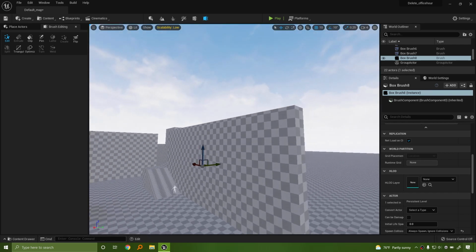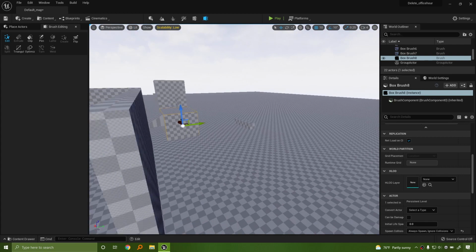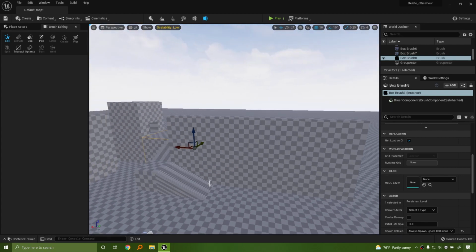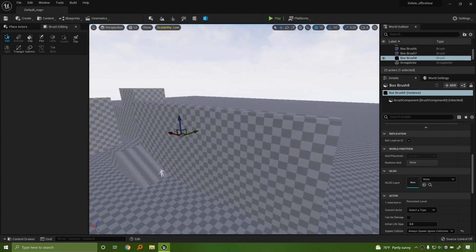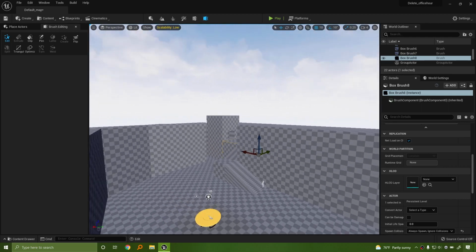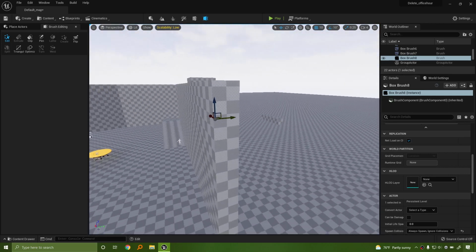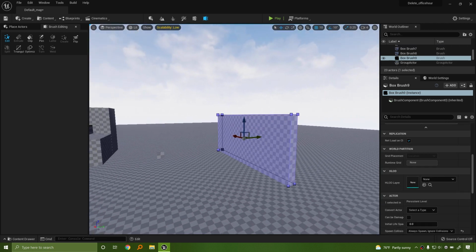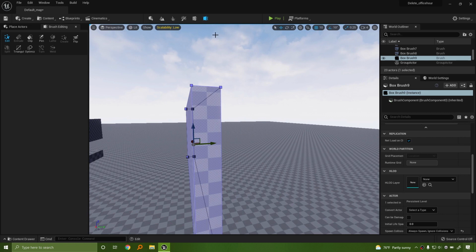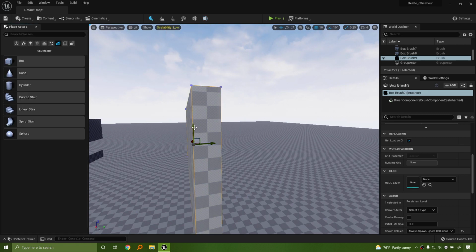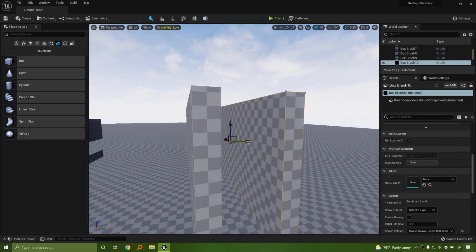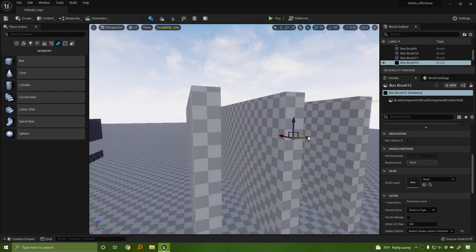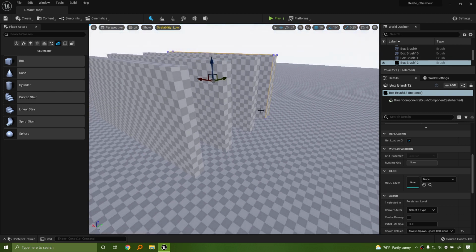The last thing I want to talk about, for those of you guys who are not familiar with it, is hollowness. Personally, if I'm going to be making an inside building, what I'm going to do is something like this. Let's make sure I'm in place mode here. I'm going to make 4 walls and a ceiling.